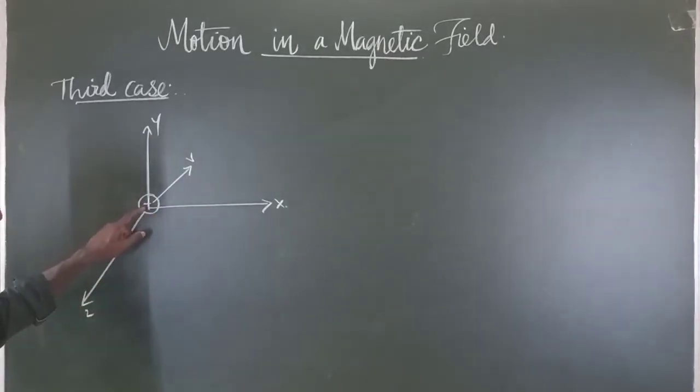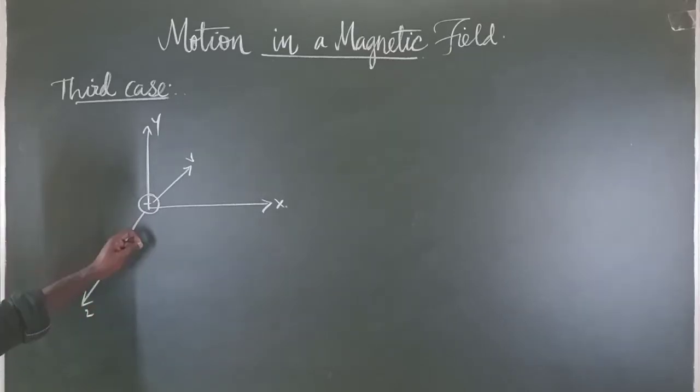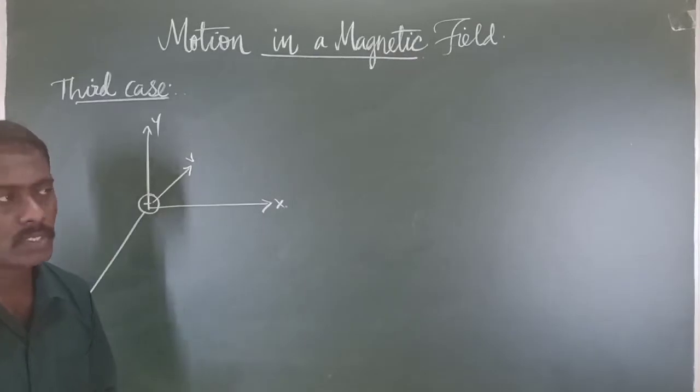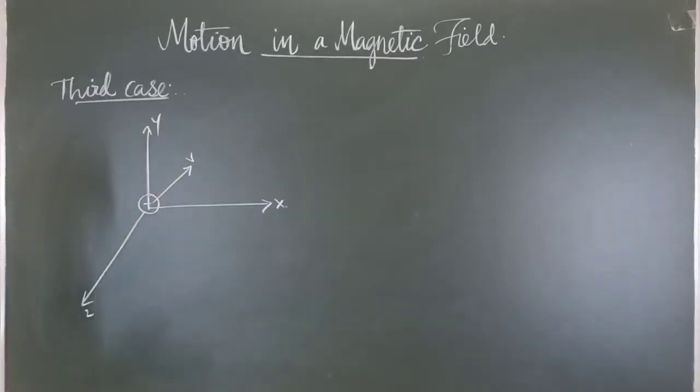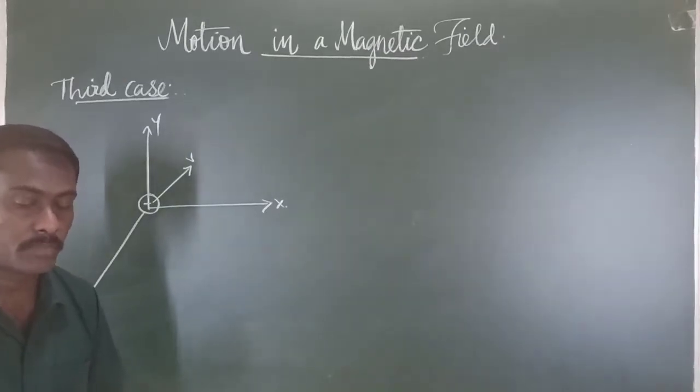When a moving charge enters the magnetic field at an angle other than 0, 90 and 180 degrees,